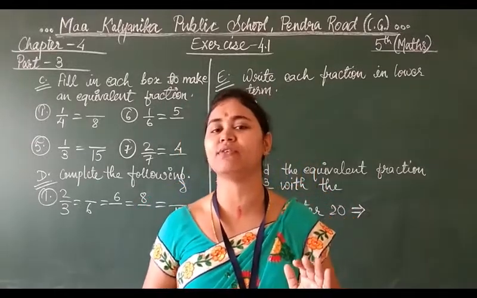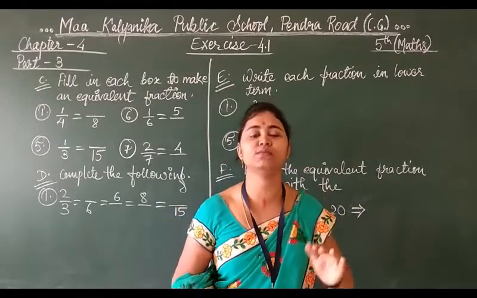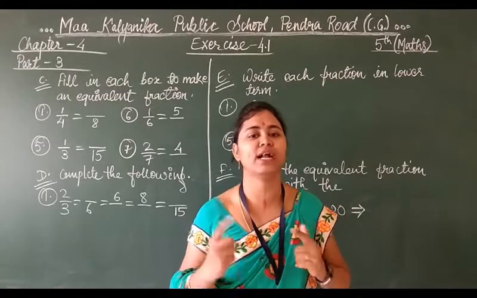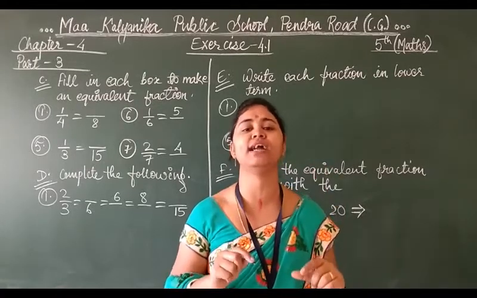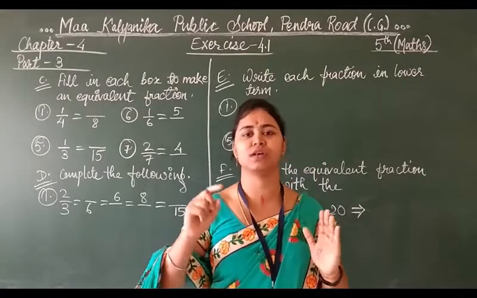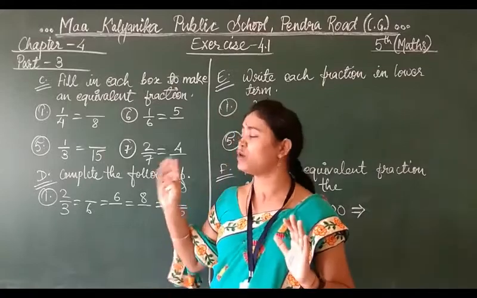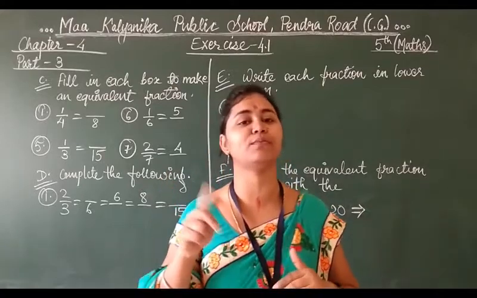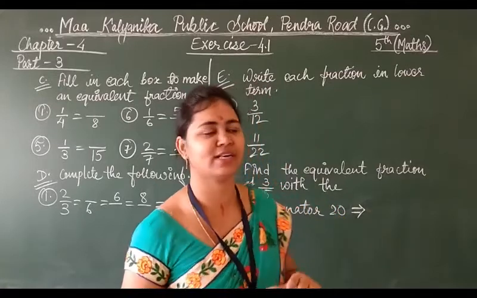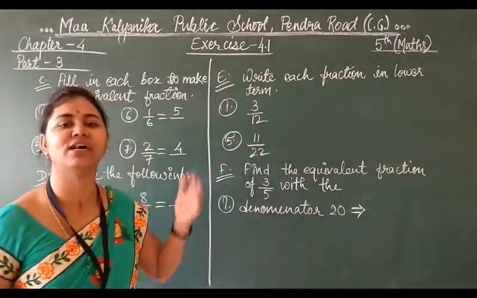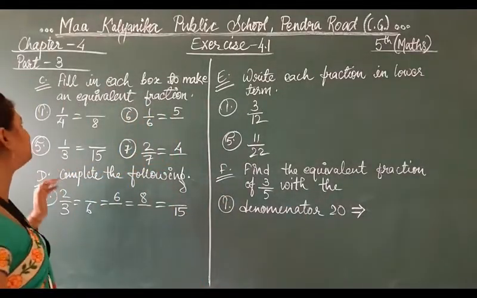how to find the equivalent fraction in lower terms and in higher terms. For lower terms, for getting the smaller number, we are dividing the numbers. So students, for getting the lower terms, we have to divide the given fraction by a common factor. And for receiving the higher terms, we have to multiply both numerator and denominator by a common factor. So simply in that way we can receive the lower terms and higher terms. Okay students, so question number C we will start today.